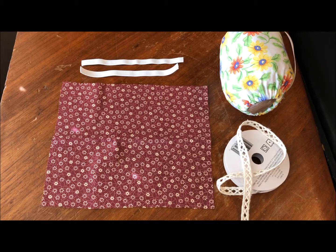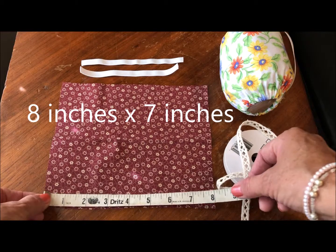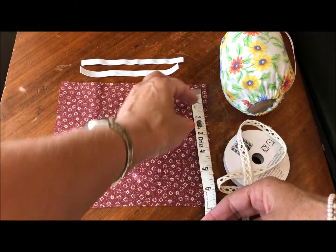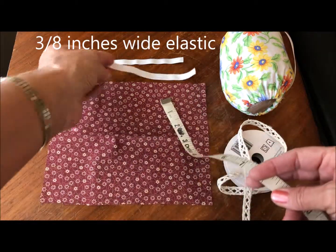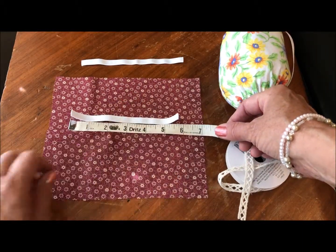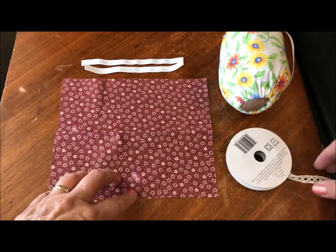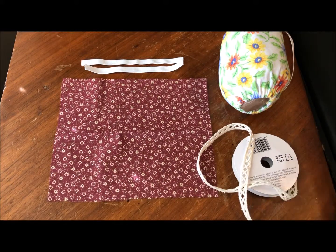These are the supplies that you're going to need. You'll need a piece of fabric, and I measured, it's about 8 inches by 7 inches. The elastic will be about 6 inches, maybe a little bit less. So you'll need 2 pieces of elastic, 1 piece of fabric, and some kind of decorative ribbon or cording for